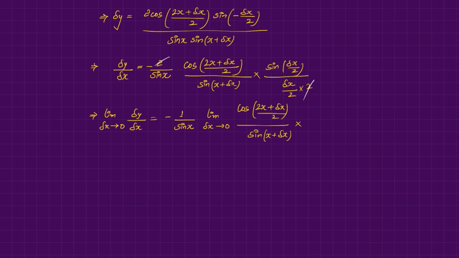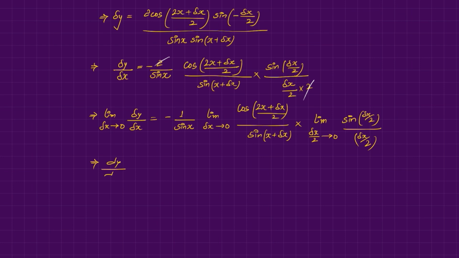Let us distribute the limit, and since delta x tends to 0, delta x by 2 also tends to 0, so it will be sine (delta x by 2) whole divided by delta x by 2. So here this portion is 1, and here we will put delta x as 0, so we will have